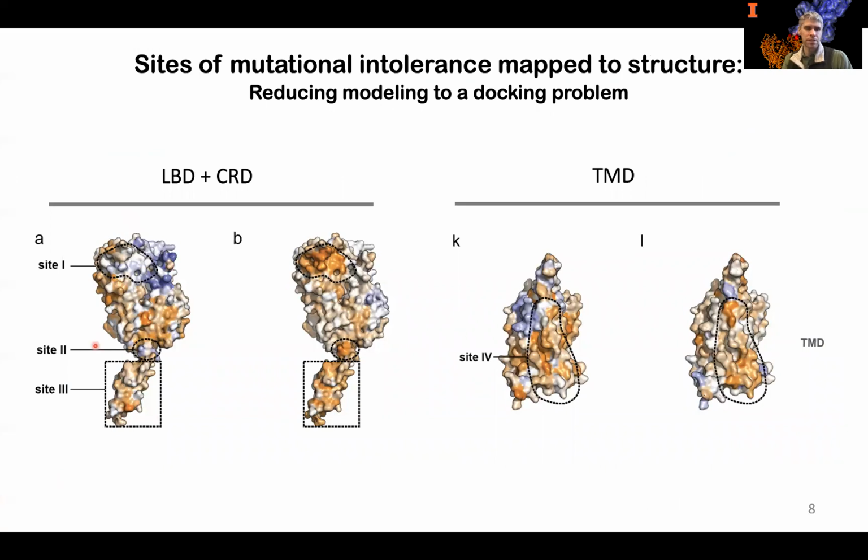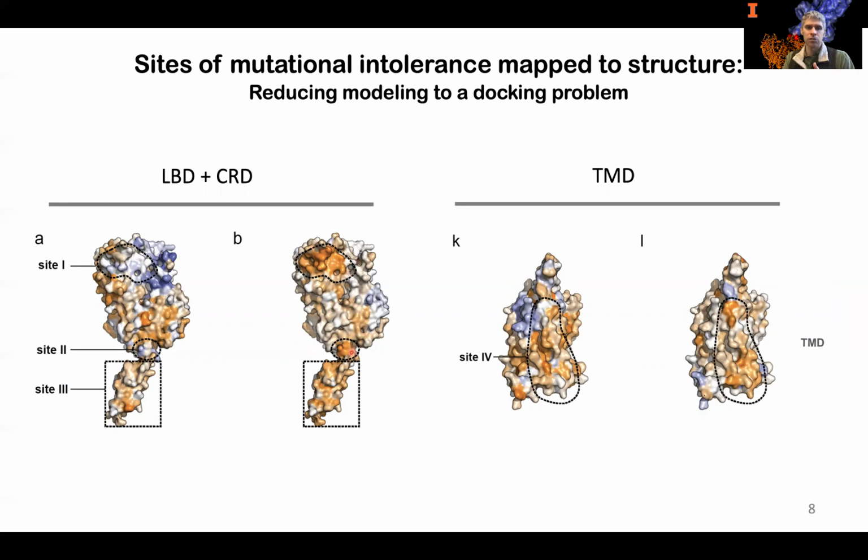On the left is a crystal structure for extracellular domains, where we're looking at the mutational data, the conservation scores for the single subunit by itself. And then on the right, we're now looking at what changes, what becomes important and conserved, shown in orange, for co-trafficking of the two subunits together. So we see that there are these sites in deep orange.